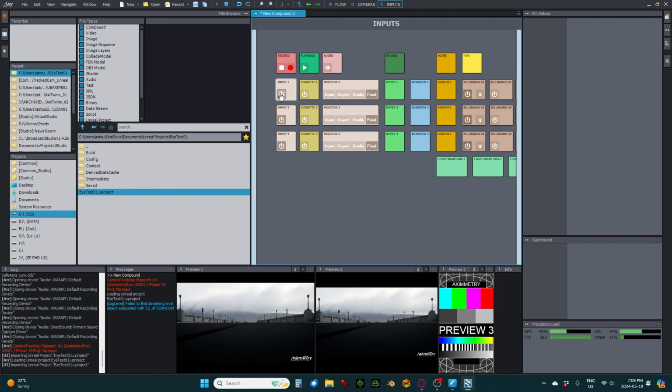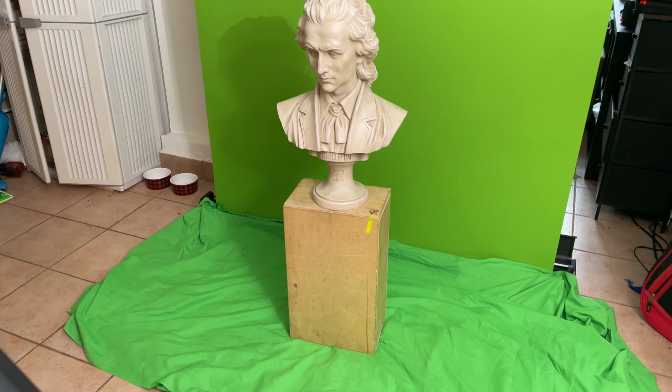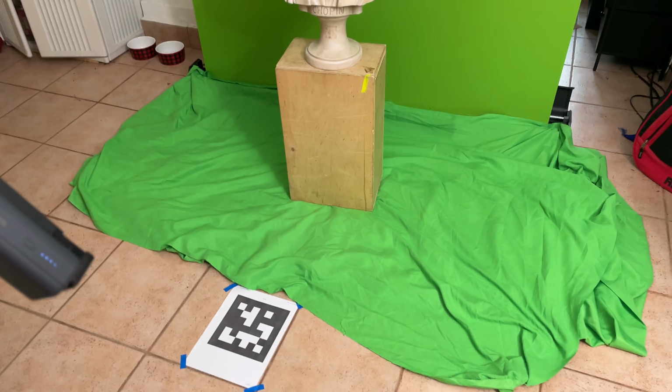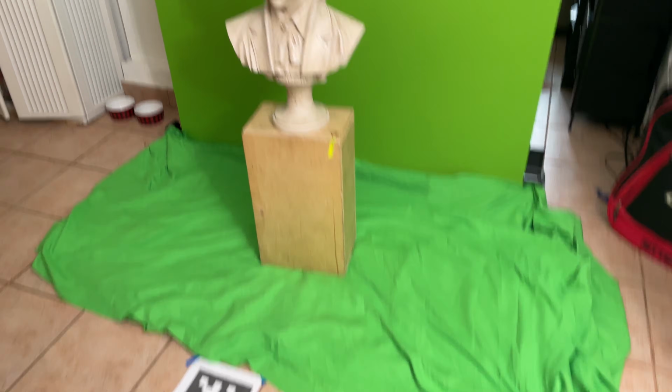So right now, if we turn off input 1, that's the camera input, which we have no camera set at the moment. We're going to see this scene of our bridge, which is exactly what we want to get started with. So here's a quick look at my little living room setup here, where I've got this Elgato green screen, a little bit of a green fabric on the floor,